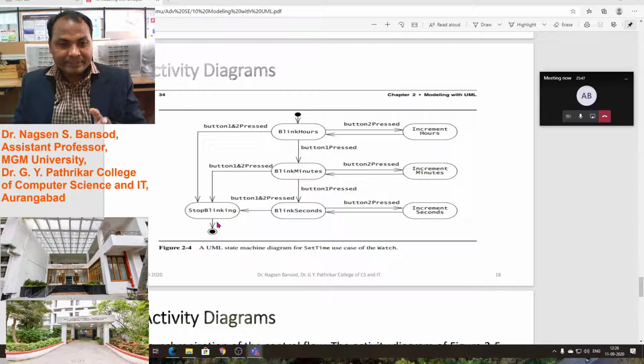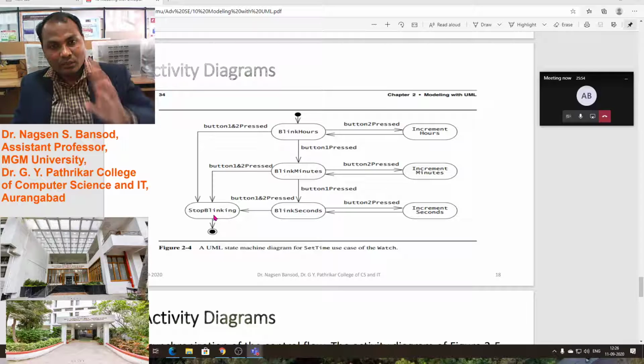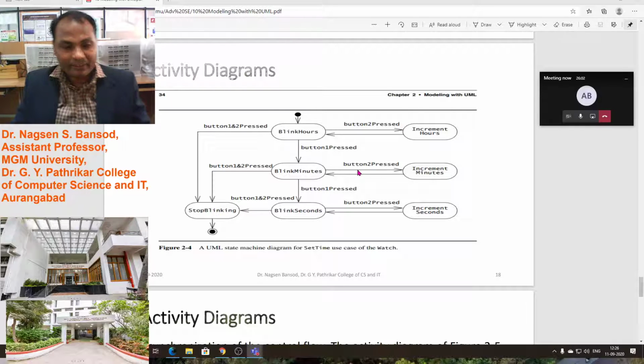This is the second transition, start and stop, meaning there are two states. So in the activity diagram we can represent the states.